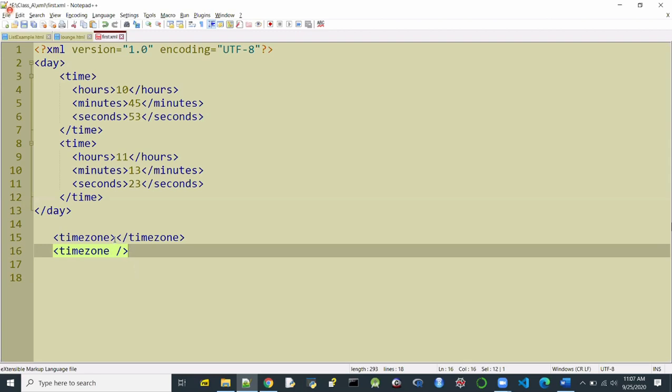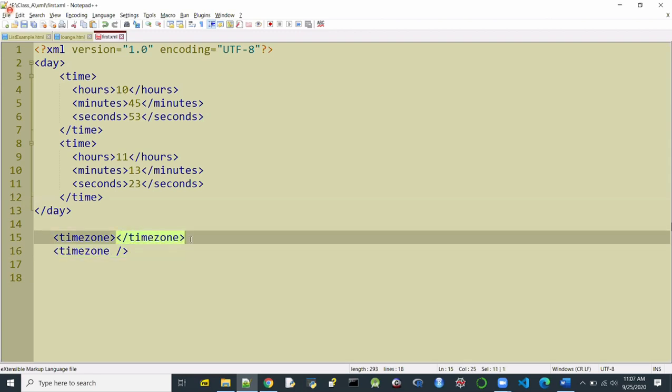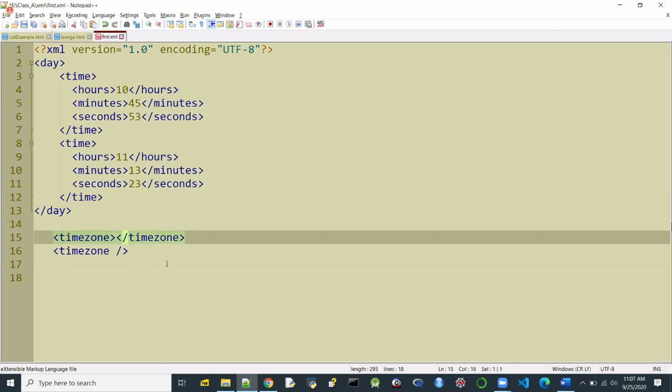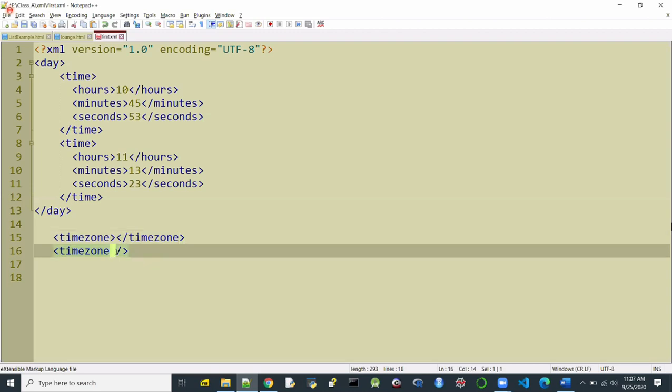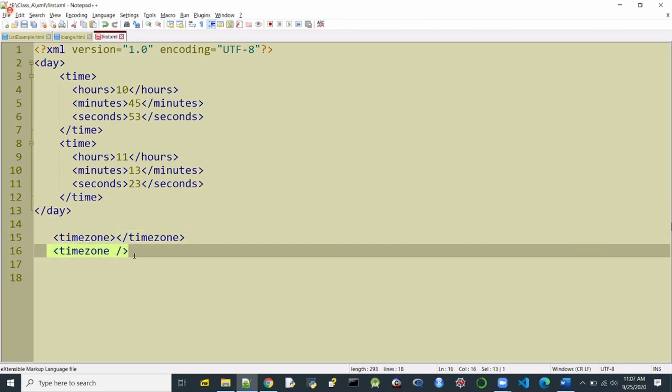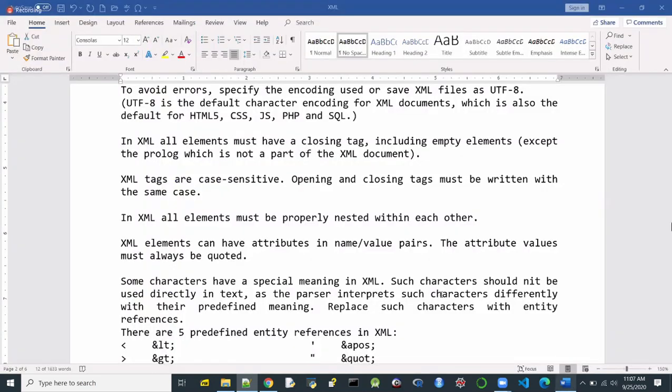So either you can write the end tag separately, or you can just take the slash and the closing angle bracket and put that at the end of the tag name with a space separator. You can use either of them, but most people tend to use the second option. Okay, so that is how we write the empty elements. So in XML, all elements must have a closing tag, including the empty elements.